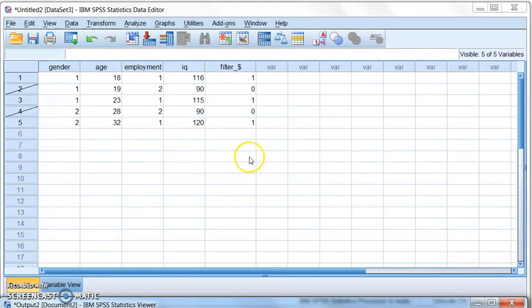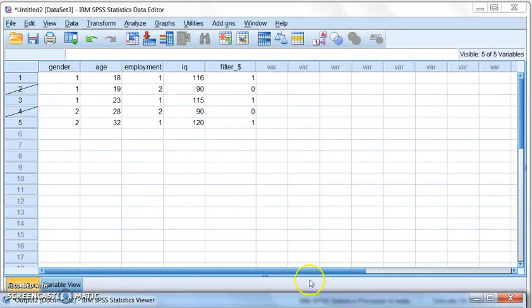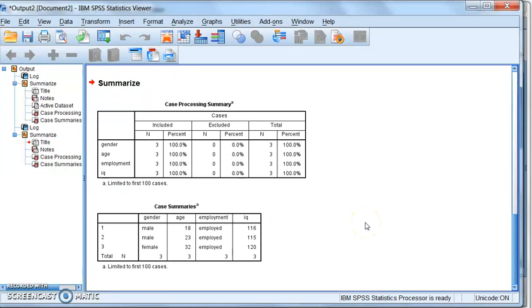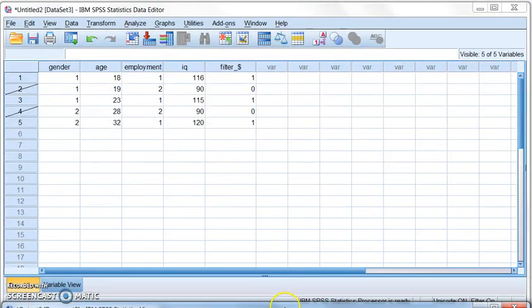I'm going to select OK, and looking at our output, when I go down here now, you'll notice that I only have 3 individuals that have been included. Okay, so individuals 1, 2, and 3, and so any of those individuals that had an IQ of 90 or less were excluded from this analysis. So it is possible to do some manipulation of that,